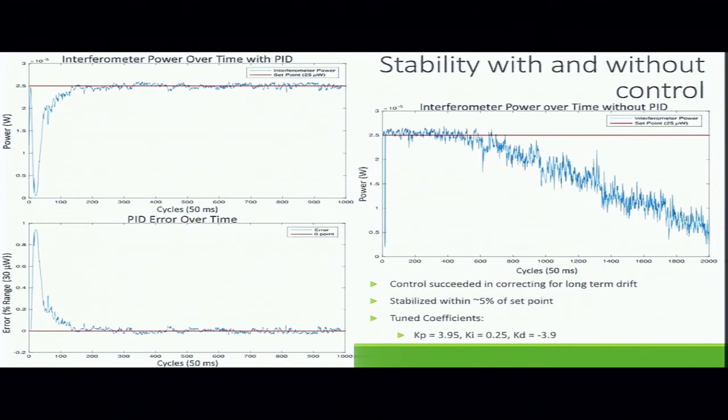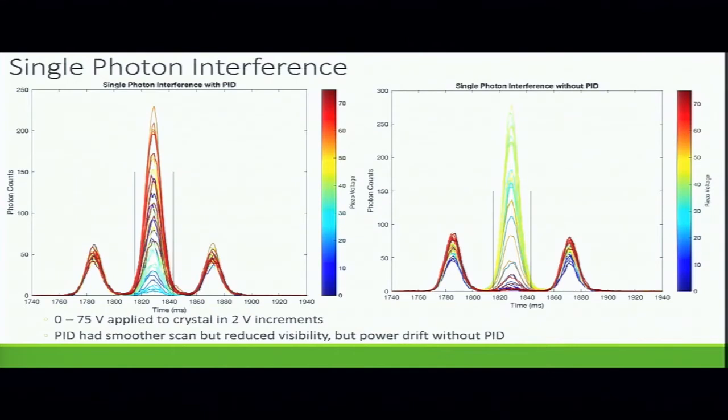drift that we were seeing without the control loop. And we're reasonably stable around our set point. We were usually within about 5% error. So running it with our single photon interference, we saw that we applied 0 to 75 volts to the crystal